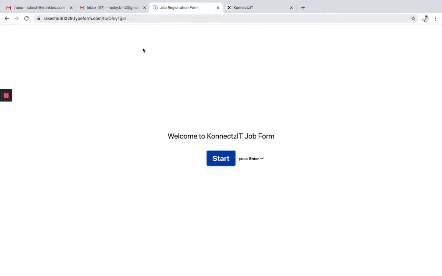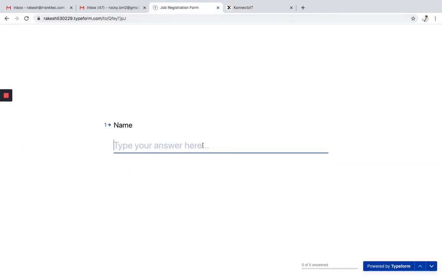This is my form in Typeform. I will input all my records.